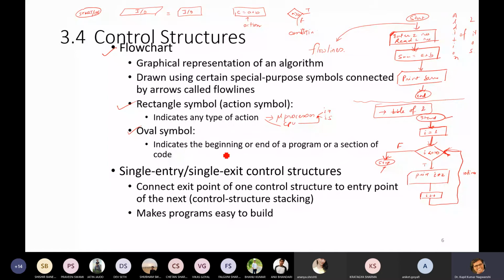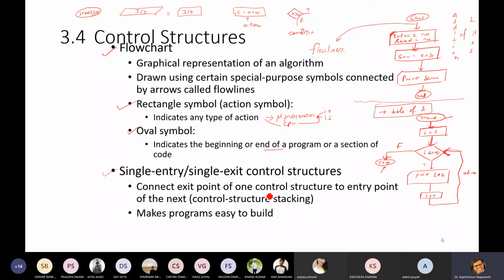The oval symbol indicates the beginning or end of a program. Actually it is an elliptical symbol, oval you can say. Single entry and single exit control structure is a very important programming practice.